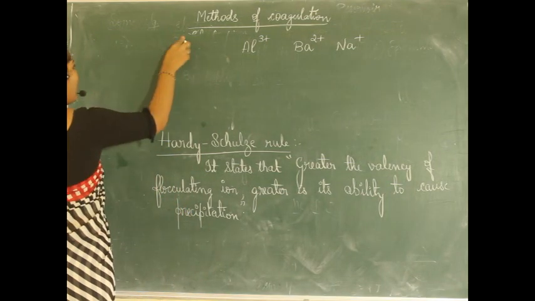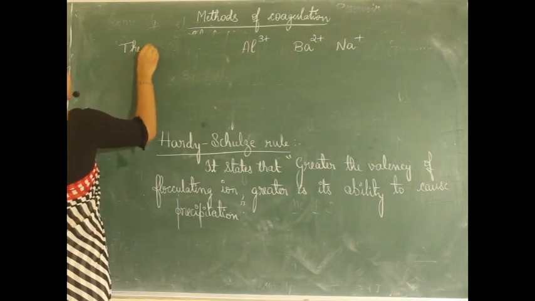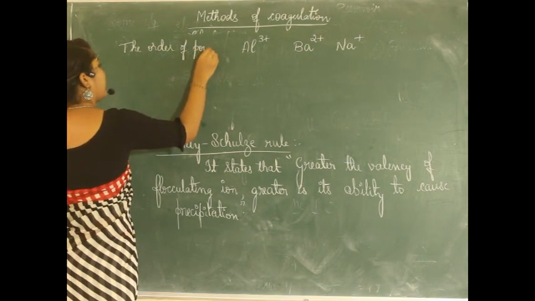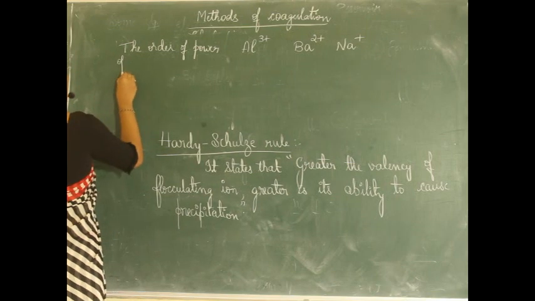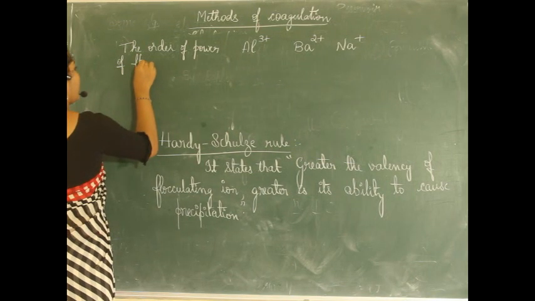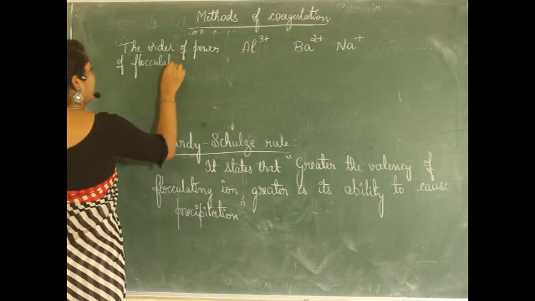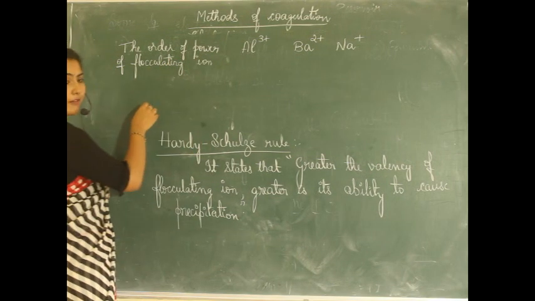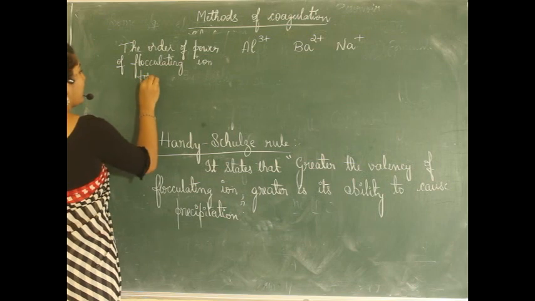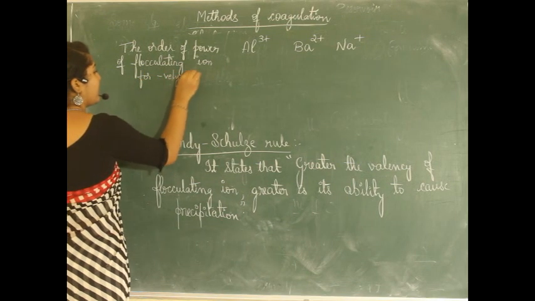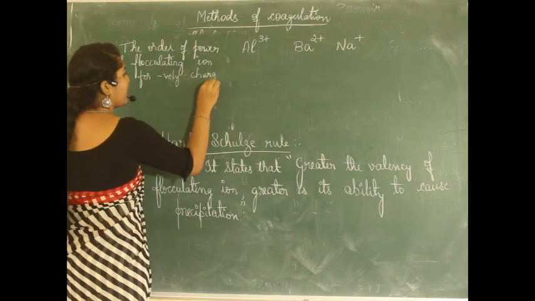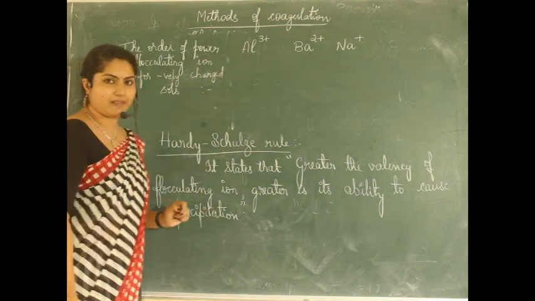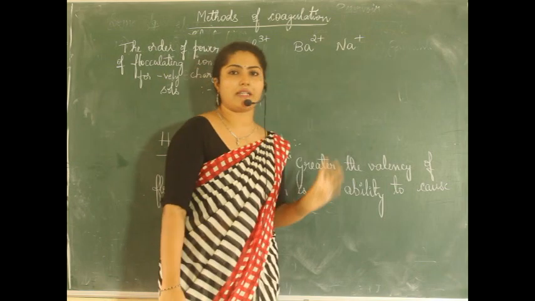Let us see the order of power of flocculating ion. This is for negatively charged sols. In this case, we have these ions Al3+, Ba2+